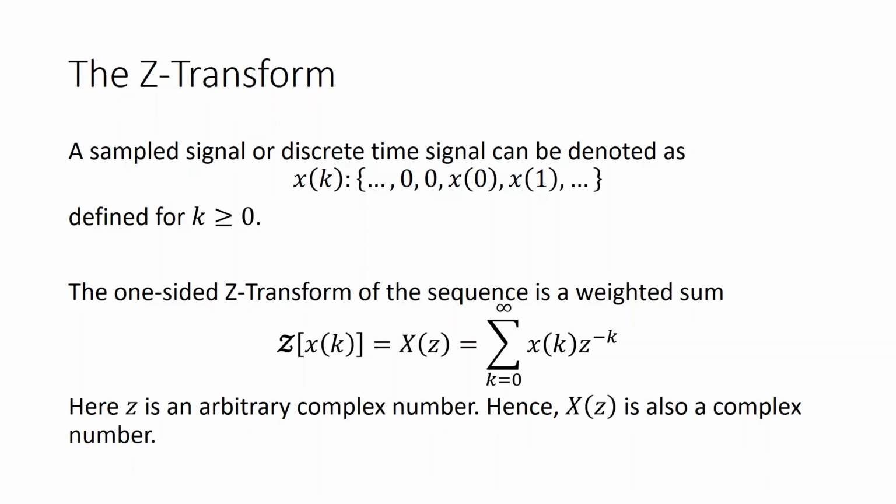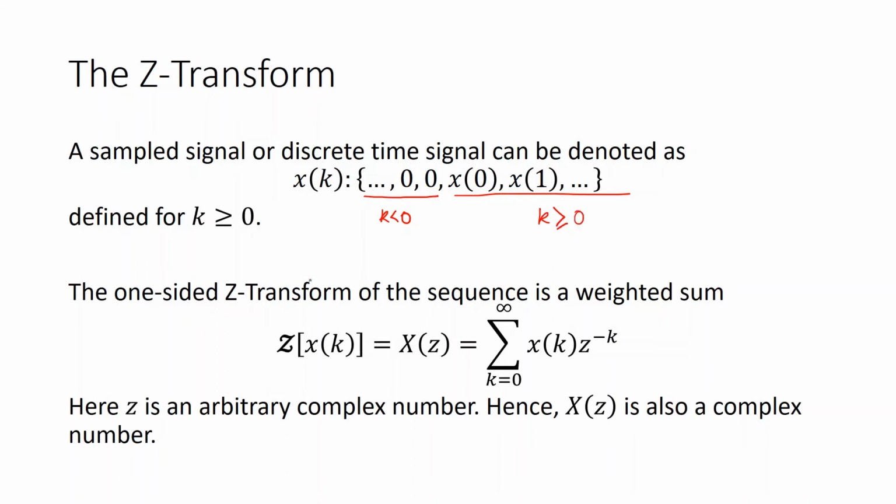It has not been quantized. So it is simply some values. If there is a sampled signal, it can be denoted like this. So xk is the sample, the sequence of values. These values are for k less than 0. These are the initial conditions which are assumed to be 0, and then there are some values in the